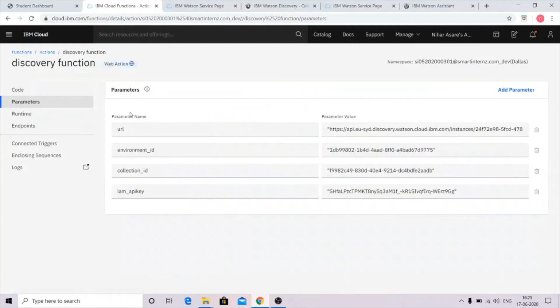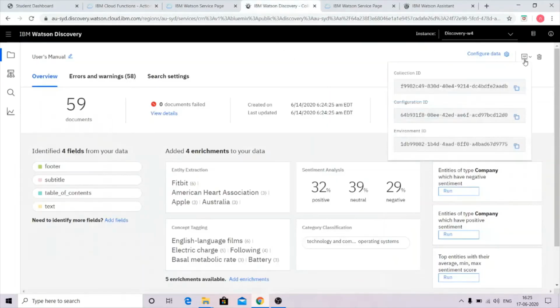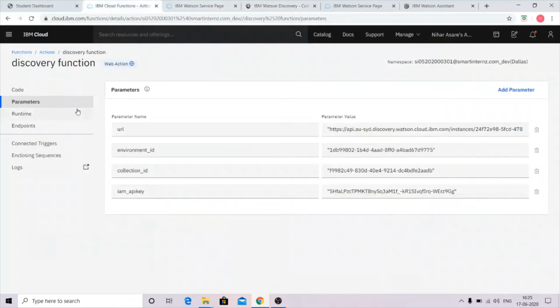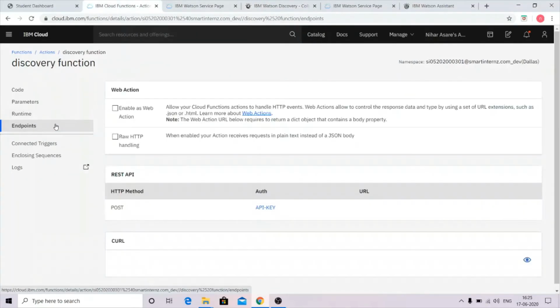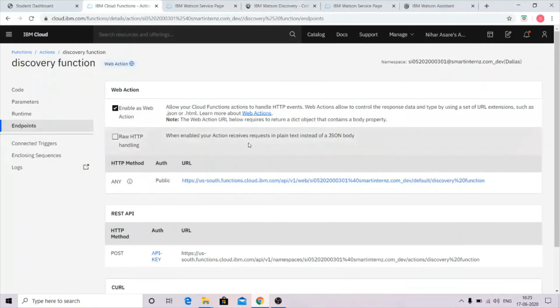We will fill in all these parameters for Watson Discovery. We will enable the webhook option, and we will use this URL to link Watson Assistant to Watson Discovery.